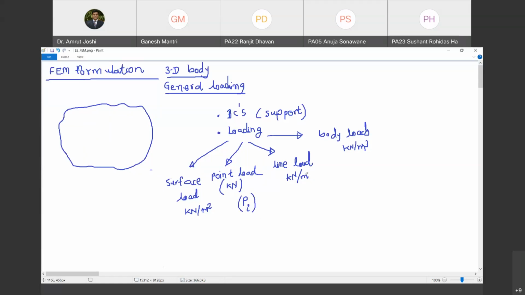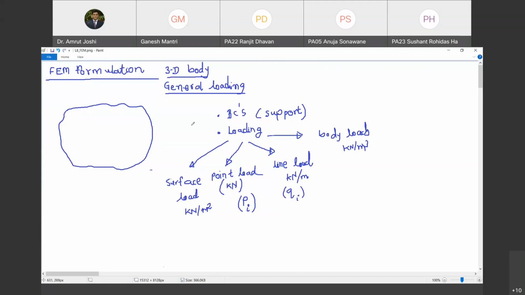Then for line load, let us use the letter... W is already used for Z directional deformation. So let us not use W. So what can we use? Let us use Q as the suffix. So what is Qi? In general, on a body, there can be line loads at 10 different locations. So everywhere the intensity of loading in kilonewton per meter will be given by Qi. So Q1, Q2, Q3 up to Qn. These are the line loads that are present on a body, let us say. Are you with me? Yes, sir.